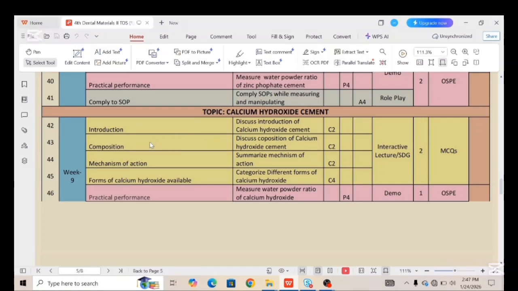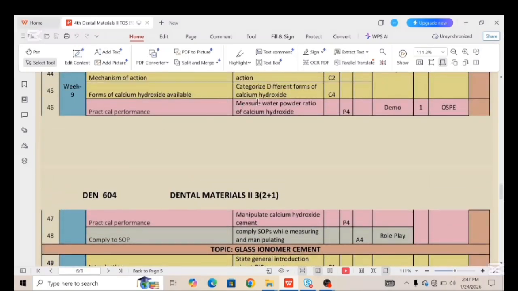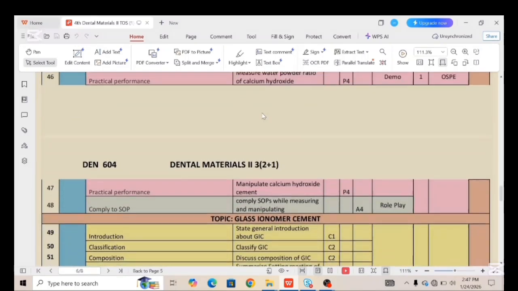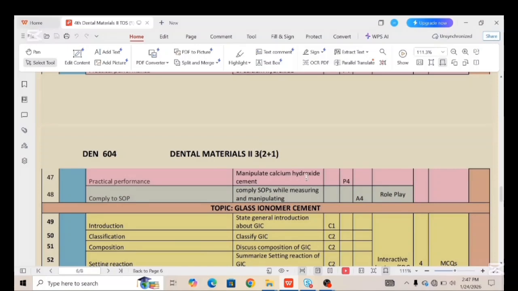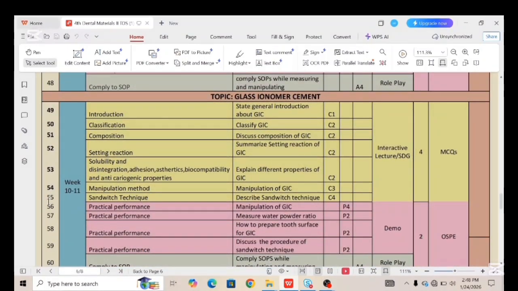First is introduction, composition, then mechanism of action for forms of the calcium hydroxide available. Then we have the practical performance, which is measure water to powder ratio of the calcium hydroxide, manipulate calcium hydroxide cement. Then we have the week number 10 to 11 work, which is glass ionomer cement, in which we will